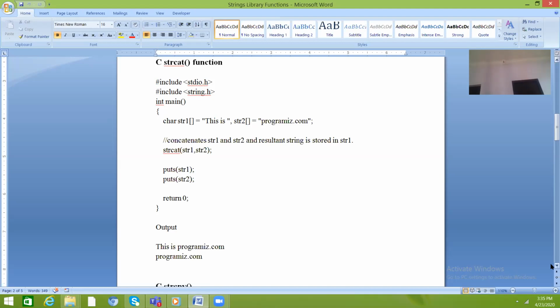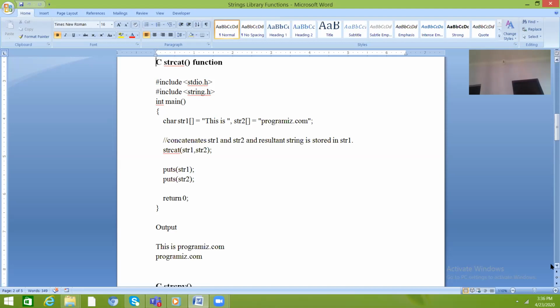So here I take the function strcat and write str1 comma str2, the two strings I want to concatenate, both in brackets: strcat(str1, str2).